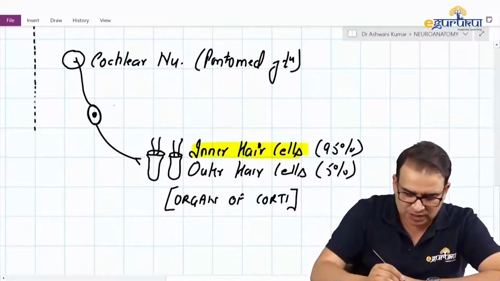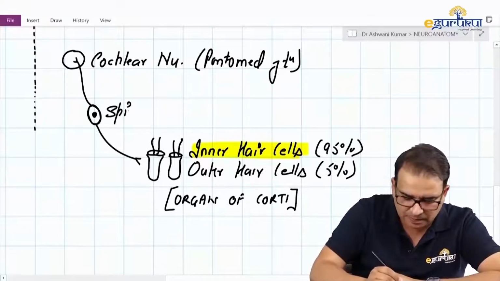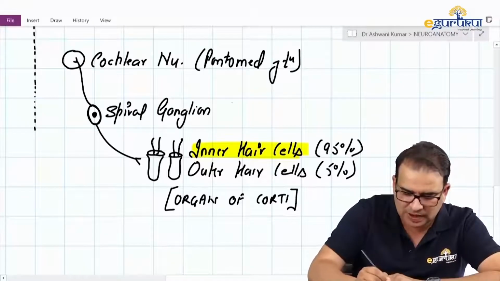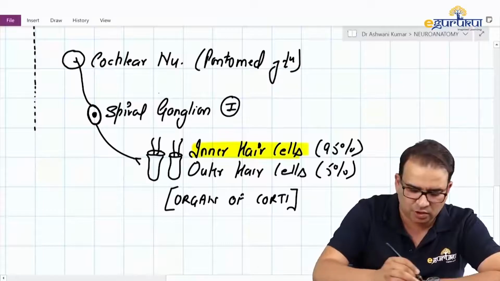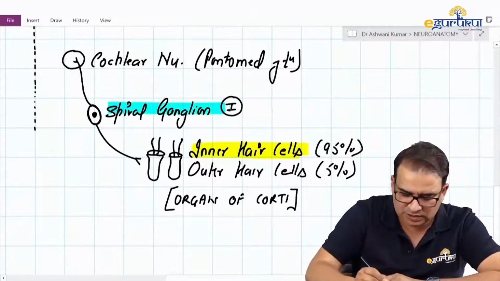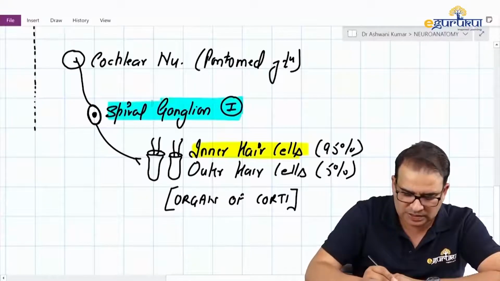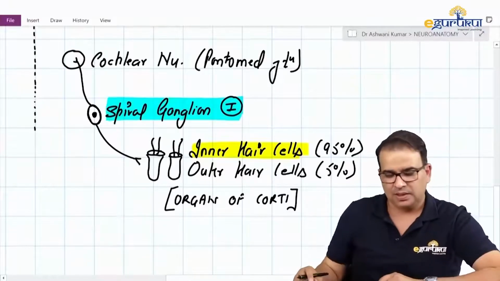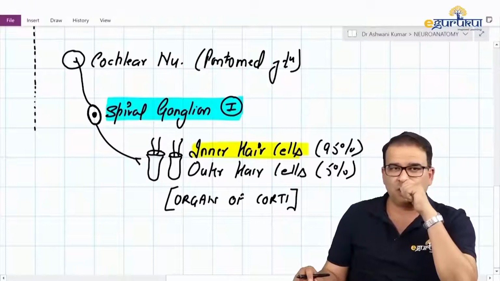And that's why it is also called a spiral ganglion. It is present in the wall of the cochlea, and that's why it is called a spiral ganglion, and this is the first order neuron for the auditory pathway. I'll keep highlighting these order neurons. That's a spiral ganglion, which is basically the component of the 8th nerve only, the first order neuron of the auditory